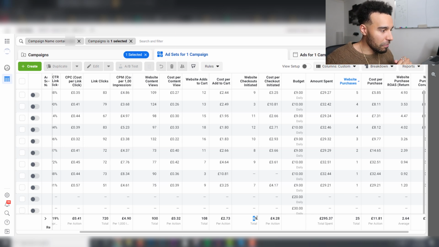Now, out of this number here, of course, from initiate checkouts, the next step is, of course, the purchase, right? So how many people who are initiating checkout on our website, how many of those are purchasing? Now, out of this, I like to see 50%. You can see here, this is not quite 50%. It's close by, but it's not quite 50%,